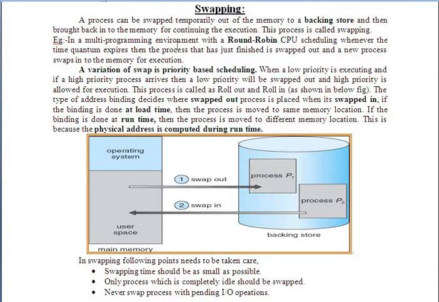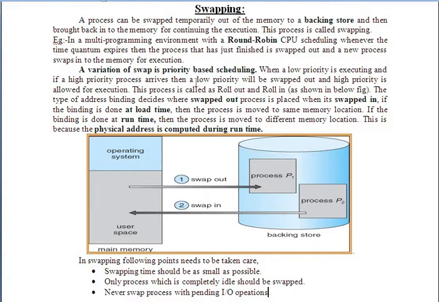Okay, so why is it so? Say we are using a round robin algorithm. In round robin, a quantum is defined, a time slice is defined for P1. Say for example, the time slice defined was 10 milliseconds. So P1 was executing and it is more than 10 milliseconds. What has happened is P1 has to be taken out from the user space to the backing store, and the next 10 milliseconds will be given to the process P2. So this will continue until both P1 and P2 complete. This is one way of handling this.